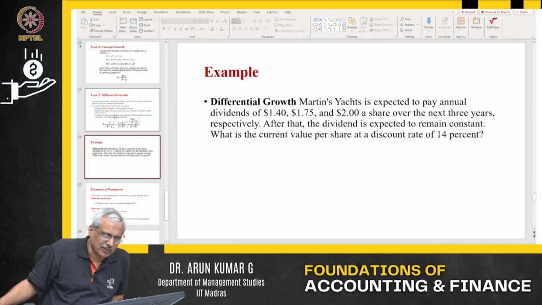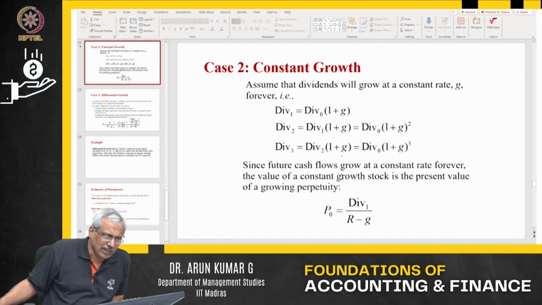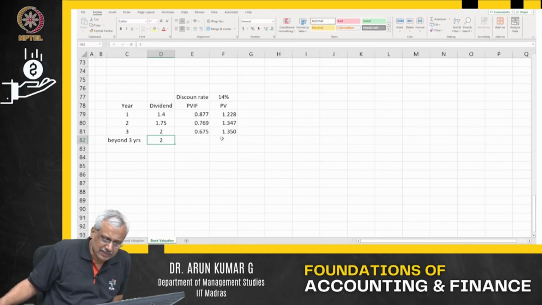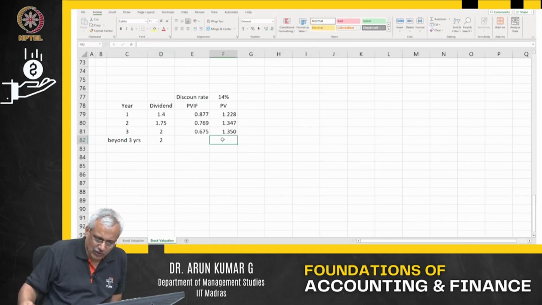Let us go back here. So, what happens? There is going to be what is called a zero growth beyond 3 years. Beyond 3 years, for time immemorial, you are going to get the same $2 consistently. So, what is the value of it? The value of it is nothing, it is a zero growth. So, the value of it alone, what we are talking about here is